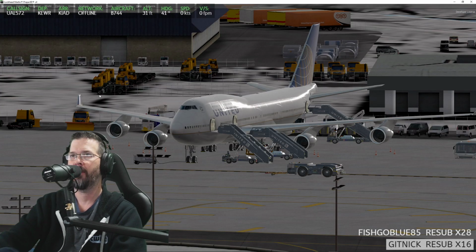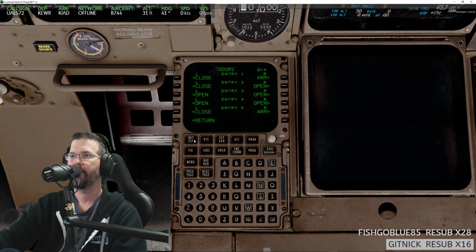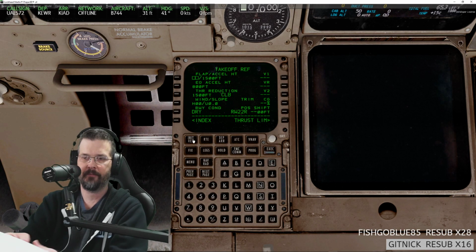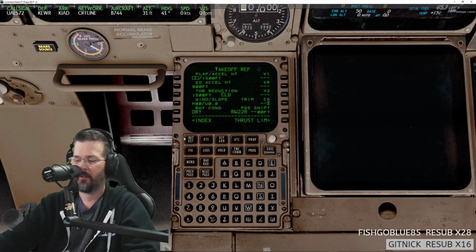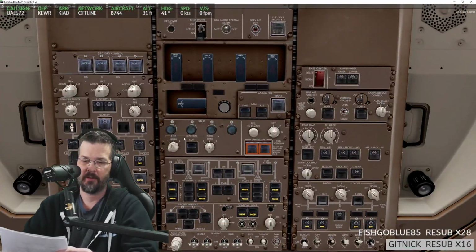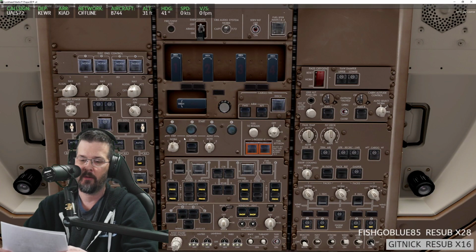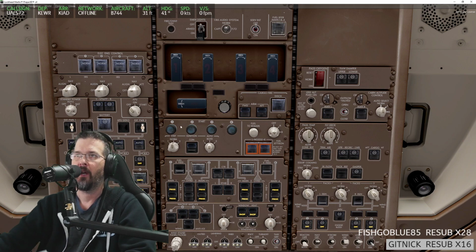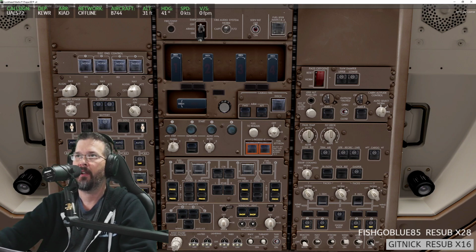Well, we can continue. Yeah, we can. There's stuff to set up in the cockpit still. All right, I do have a checklist here, but I don't know how much of it we skipped through. We did do IRS already. What I do next on my list, and I don't know if this is what you do, is